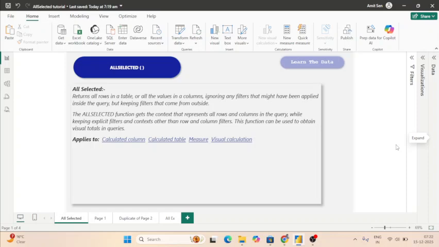Today we are going to explore the ALLSELECTED DAX. It is a very powerful DAX, and at the end of the video you will be an expert in ALLSELECTED, and you will have the knowledge of where we can use ALLSELECTED and where we can use ALL from DAX. So from the definition, with reference to Microsoft, the ALLSELECTED returns all the rows in